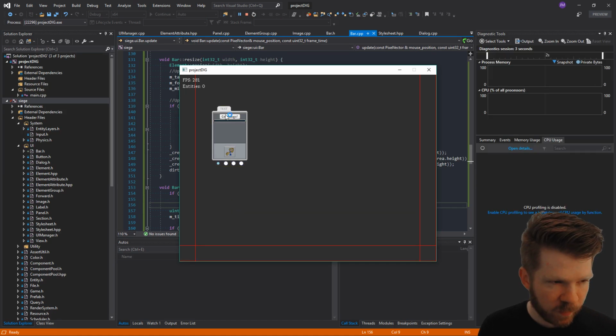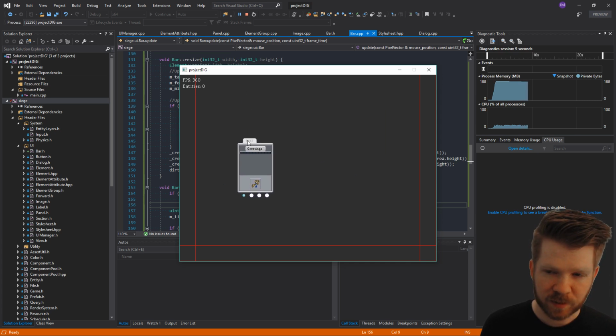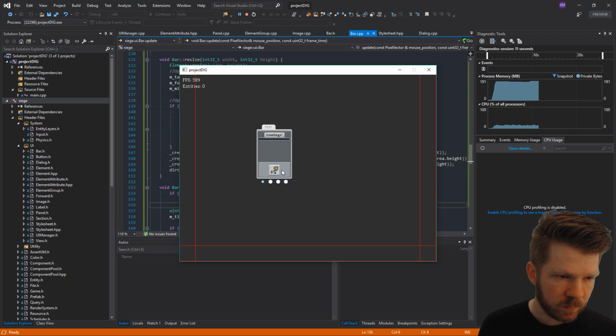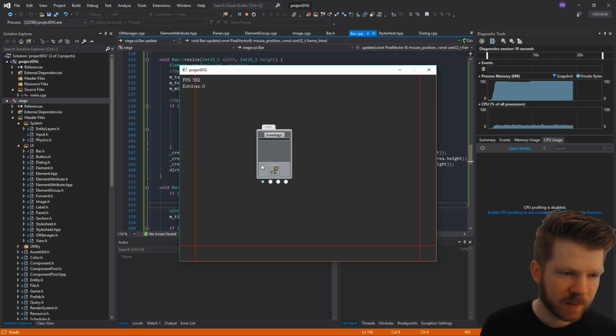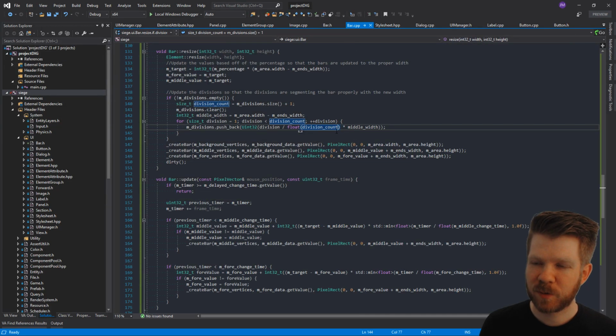We have this beautiful UI with lots of things going on. A window that we can drag around. You can hover over things. We have this little animated UI that's actually part of the UI, but it's just off the window. We have this button we can click on that changes this progress bar. And it can still go past 100%. I thought I fixed that, but I guess not. So yeah, good progress. Today we are going to be working on